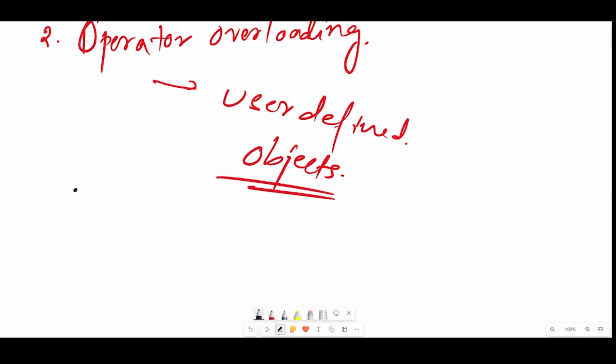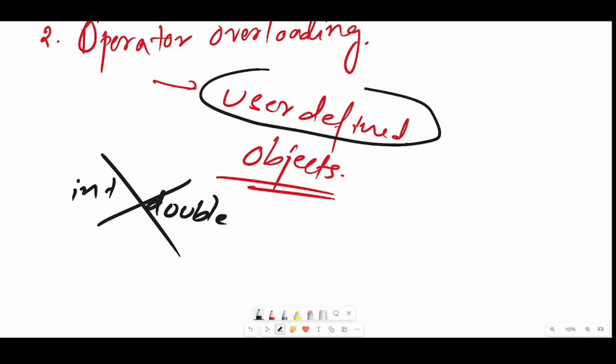Like for example, if you talk about int, double, we can make operators of those data types as well, but we cannot overload them when it is int, double, float, or anything like that. But all the user-defined types, like objects, or you can even talk about structures, we can overload them using certain